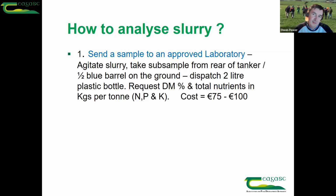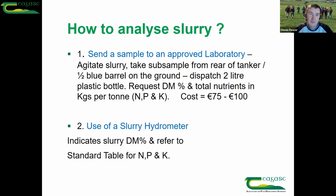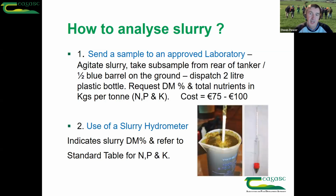There's also another method of testing your slurry, and how you go is to use these slurry hydrometers. Really, what a slurry hydrometer is, it's a glass kind of tube. You take a sample of your slurry, as in what I said above, and you put it into a jug, and you drop this glass tube into the slurry. There's kind of a bobble on the end of it with air in it and so forth, and this will rise or sink depending on the dry matter that's in the slurry. And at the surface level, then there's readings on the hydrometer, and that will tell you the dry matter of